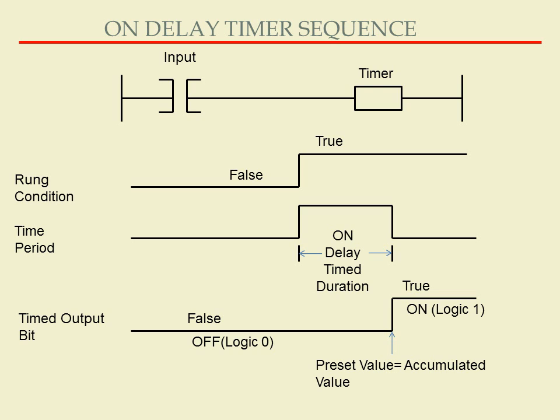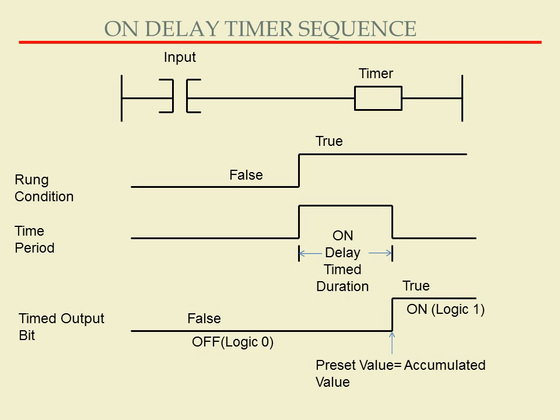So here the on delay timer sequence is given. Input, that is switch, is connected to the timer. When the rung condition is false, the timer is also off. So in the time period you will see 0. When rung condition becomes true, that means when the input switch is on, the rung condition will become true and the on delay timer will